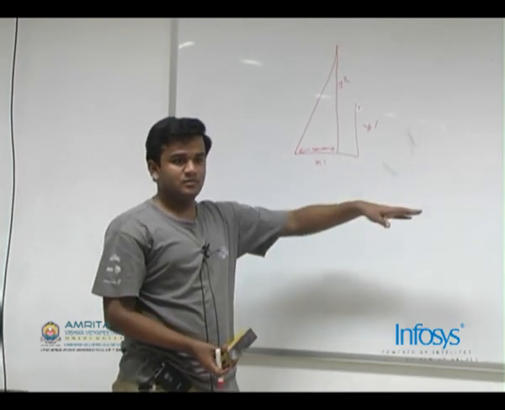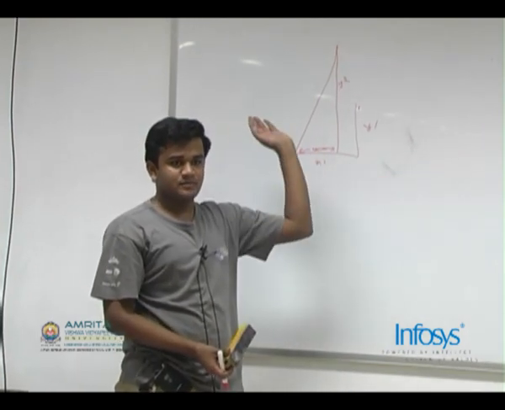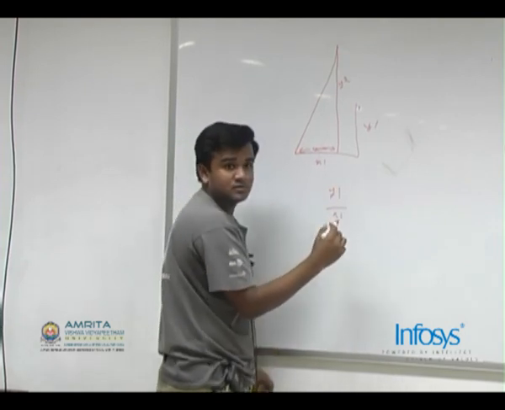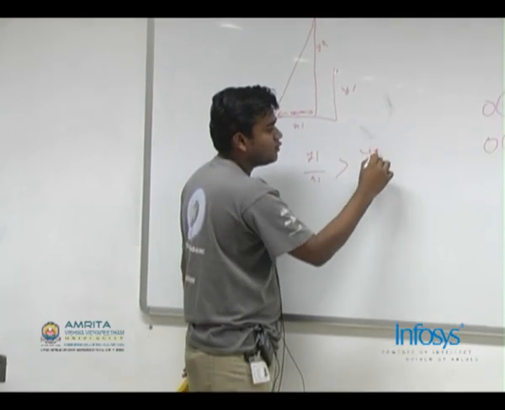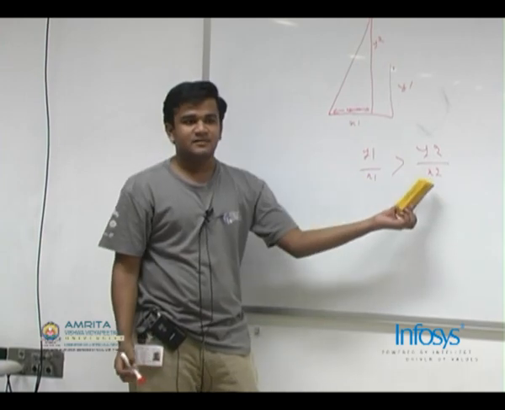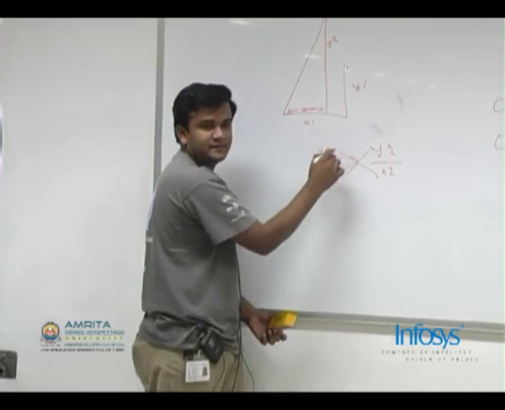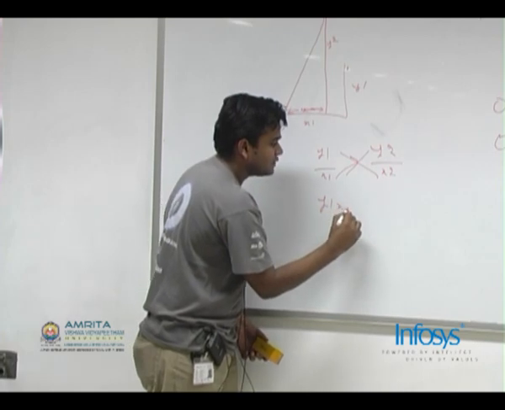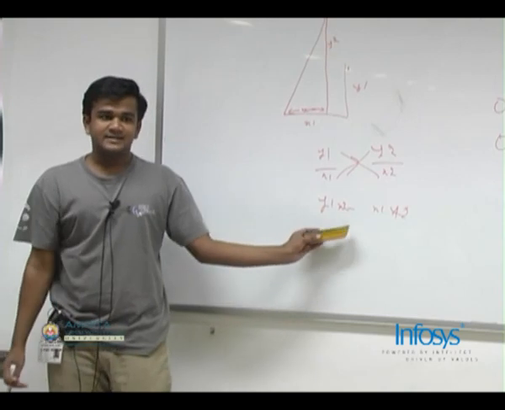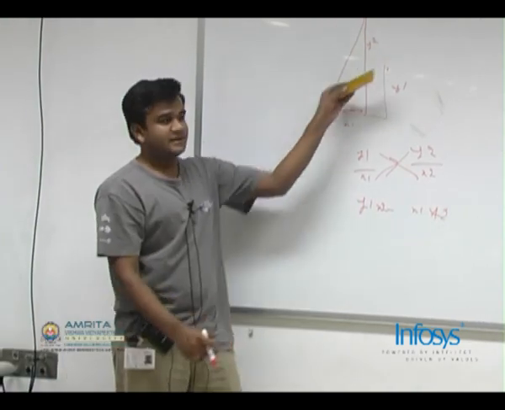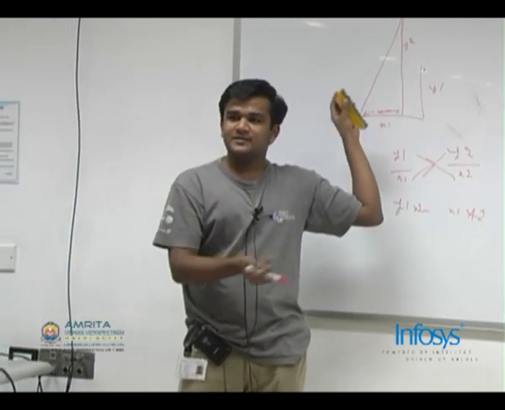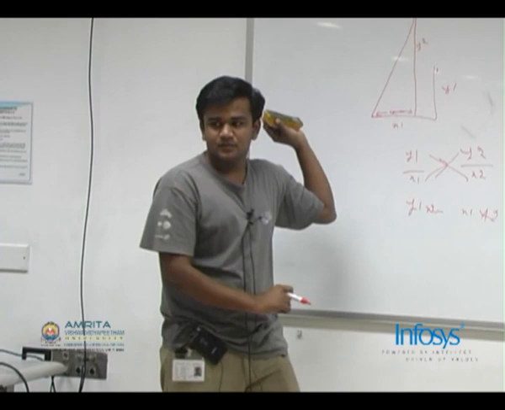Since we know that tan function also goes in this order, we want to see if y1 upon x1 is greater than y2 upon x2 or not. Since we cannot divide, we will simply multiply this here and this here. So we will check the sign of y1 x2 minus x1 y2. Also note that this is the cross product of these vectors. Make sense? So we don't need tan inverse, we can simply use cross product here as well to sort.